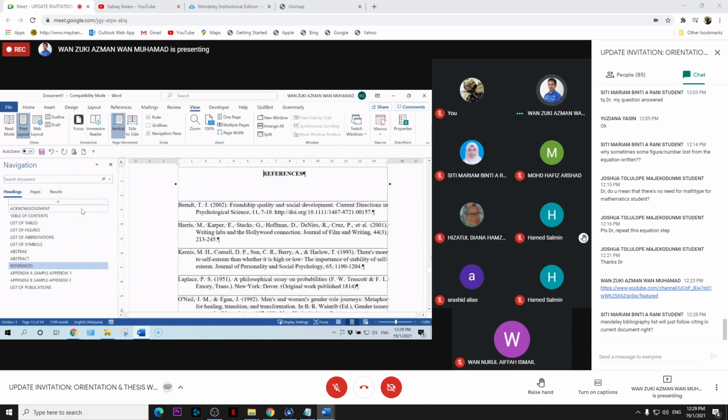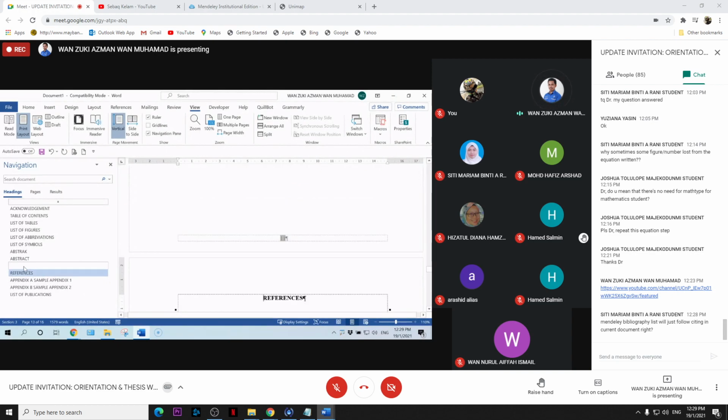Conclusion, delete. Just maintain the remaining items. Select the references and hit enter one time, so you have an empty slot. With your cursor here, after the abstract comes your chapter 1.